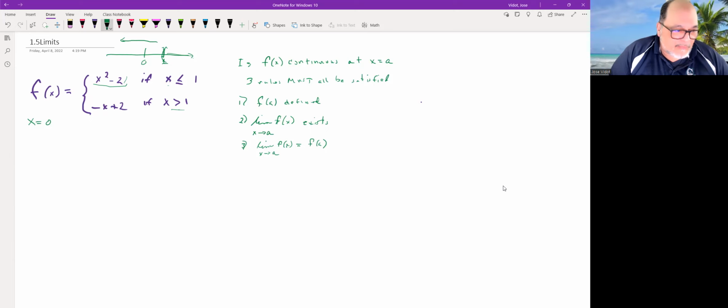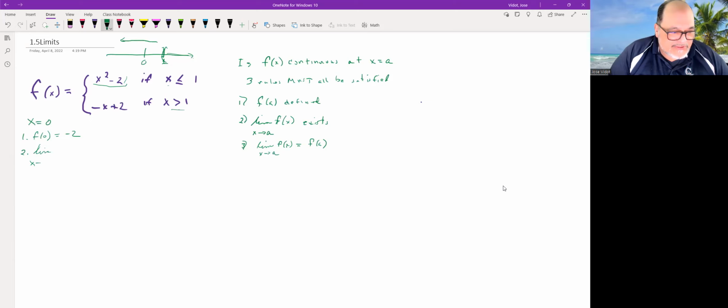Let's go ahead. I'm going to number them to correspond to 1 is this one. Therefore, f of 0 is going to be -2. Why is it -2? Because if I plug in a 0, I just get -2. The second one is, now let's take a look and see if the limit exists at 0. Well, the limit